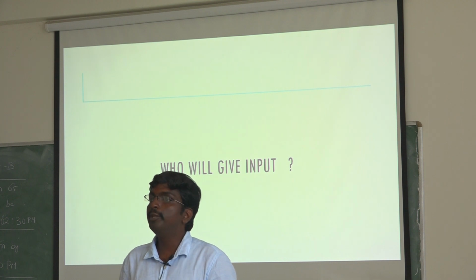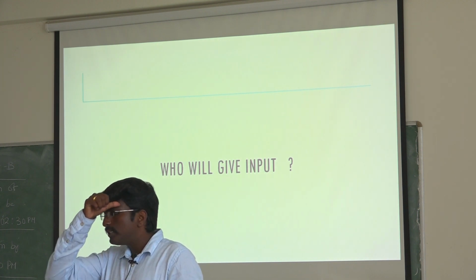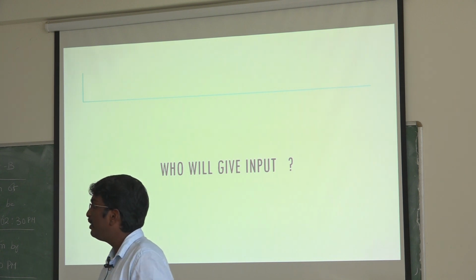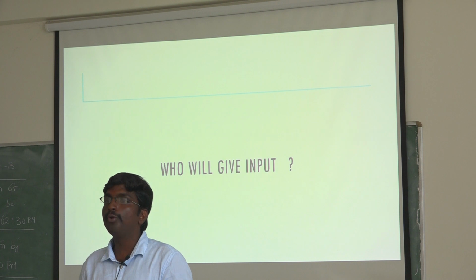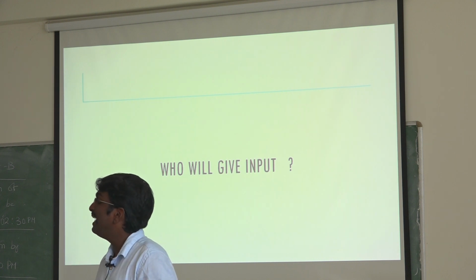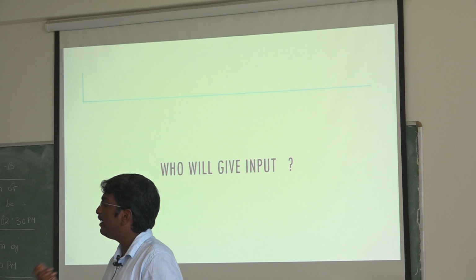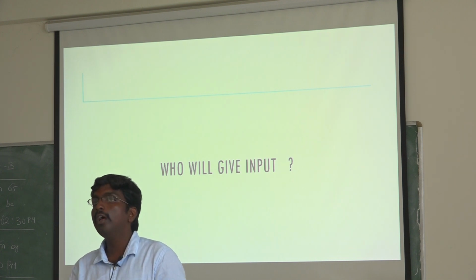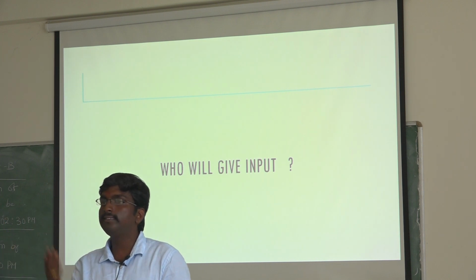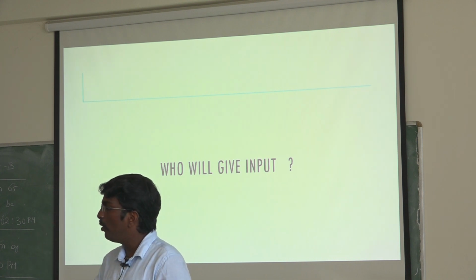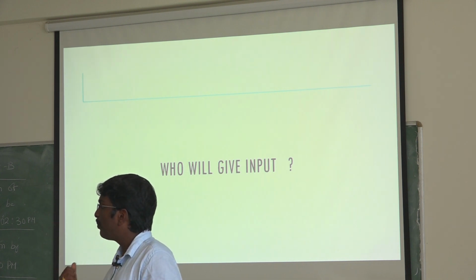So who is going to give the input? What is the input we predicted? What will be the output we also predicted? But who is going to give the input? So in our case, the camera is going to give the input. So it's not the user. So whenever we switch on the camera, it will read the input. It will generate the input. So whenever the camera sensor, the image sensor, is switched on, based on the scene, it will read the color information. Based on the color information, it has to encode and generate the input for the processing system.